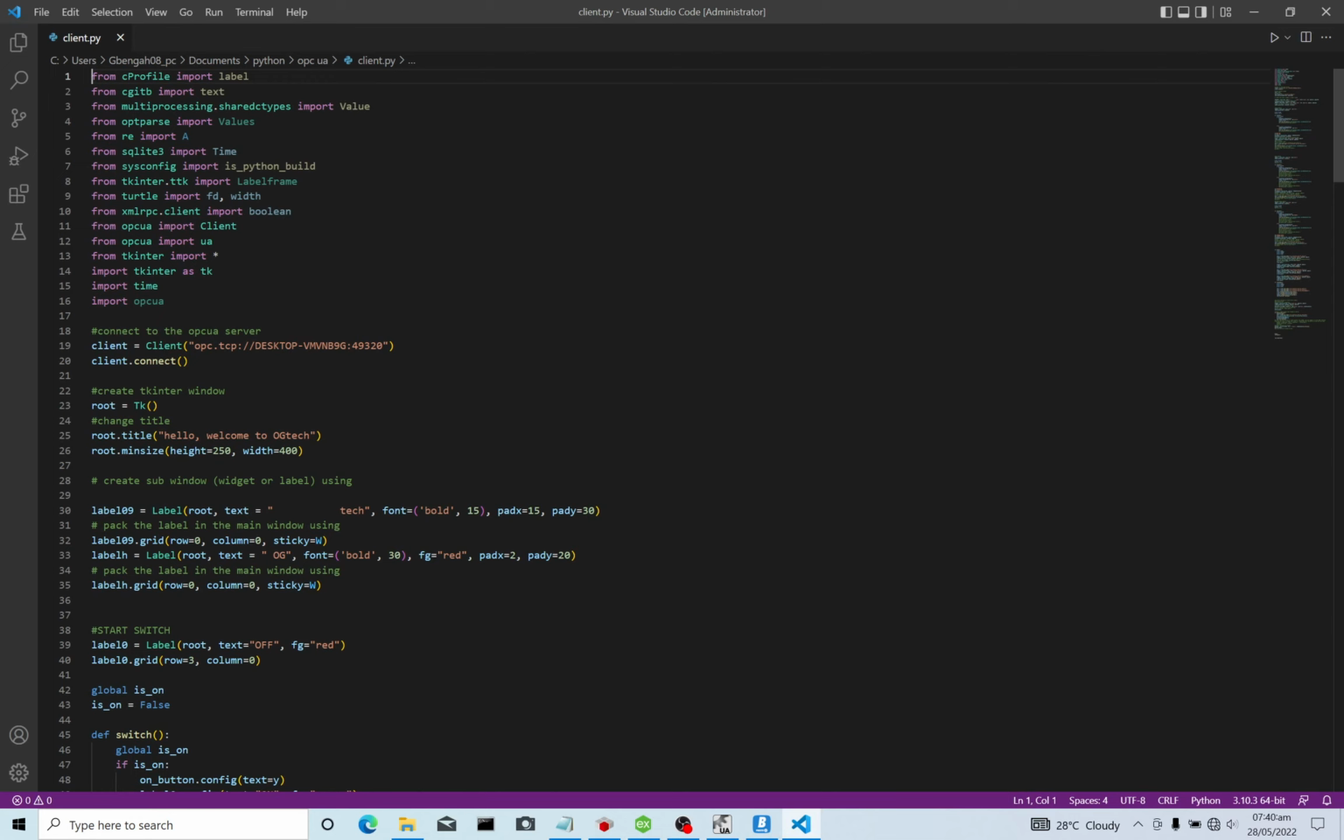connect to the OPC UA server. This is what I mean by that. You do that by first importing OPC UA, and from OPC UA you import the client. Then you ensure that there is a connection between the server and this client. Do that by using this